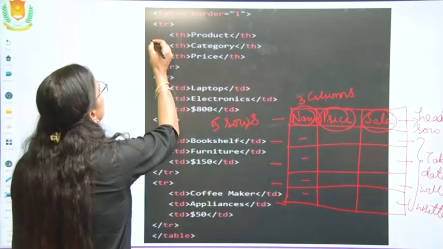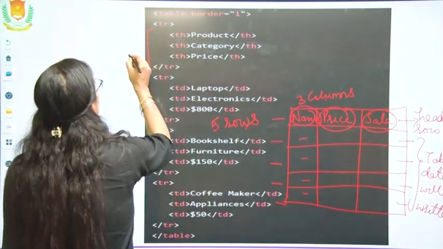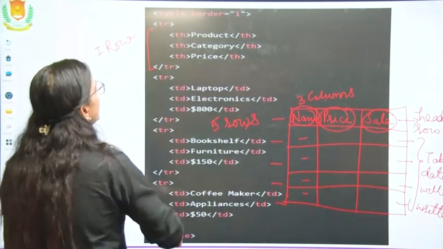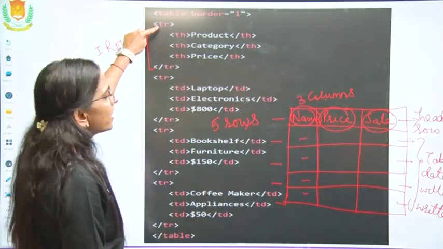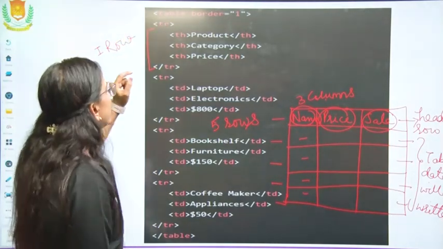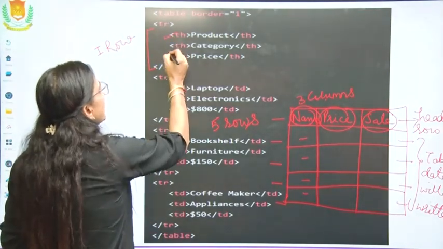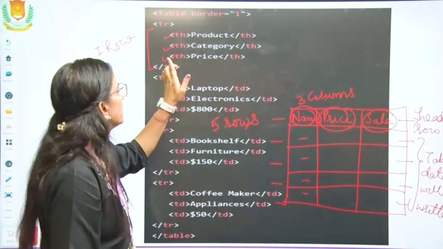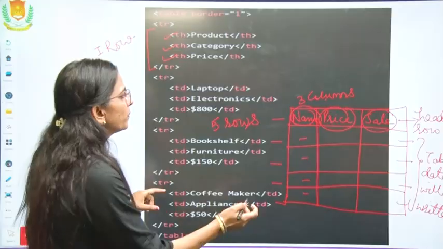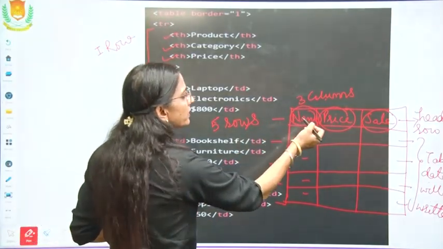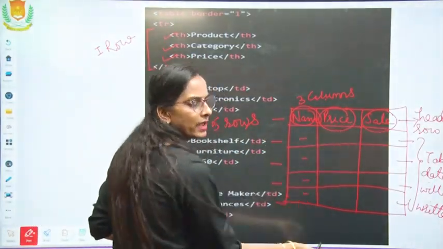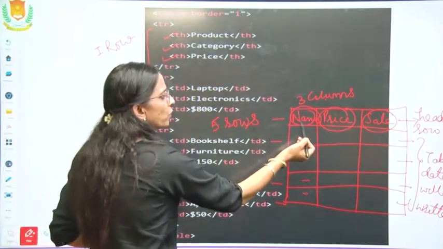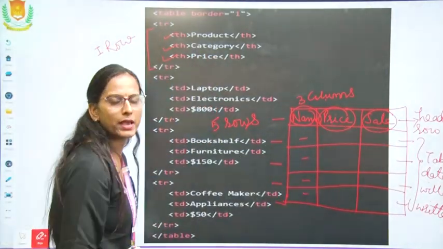Then we start with the first row, with the TR tag. Now this is table heading 1, table heading 2, table heading 3. These table headings will be displayed like this. Here I have taken the example of name, price and sale. Here you will write product, category and price. Product, category and price will be displayed.